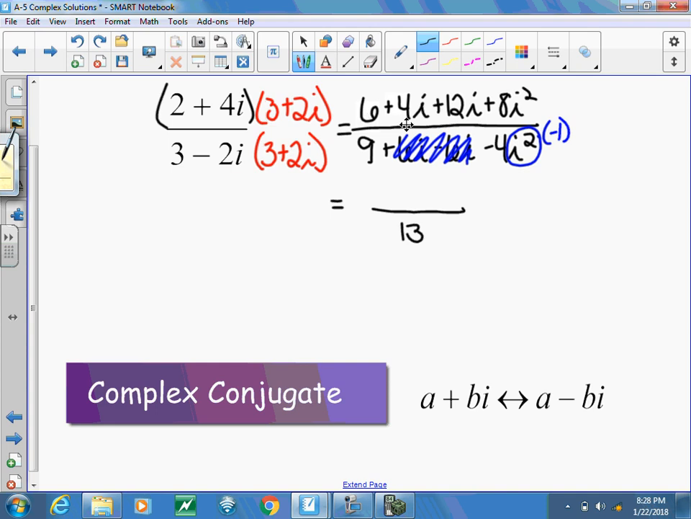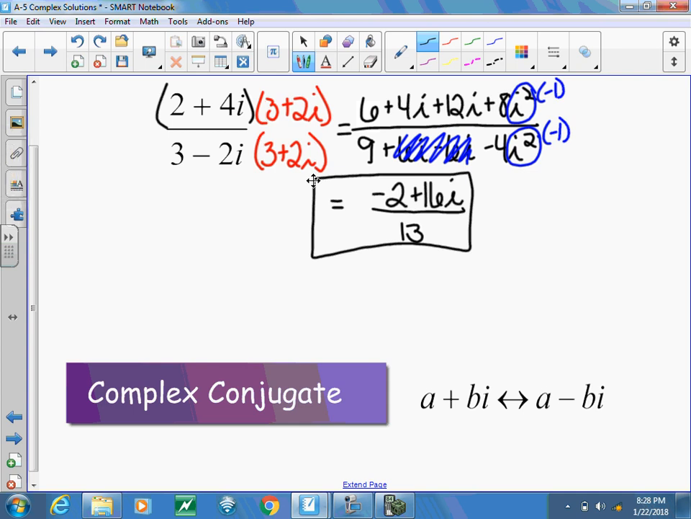As far as the numerator goes, we've also got an i squared right here, so that's equal to negative 1. So that positive 8 is going to turn into a negative 8. Well, if I take 6 plus a negative 8, that's going to give me negative 2. 4i plus 12i would give me 16i. And so using my division here, we get negative,